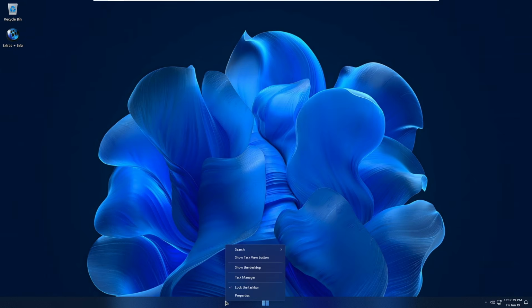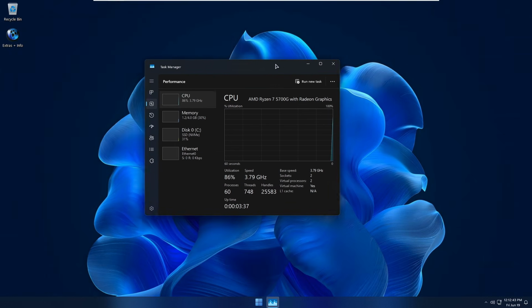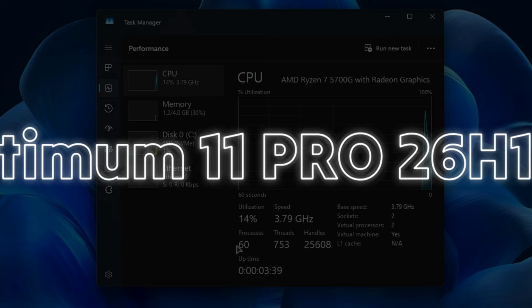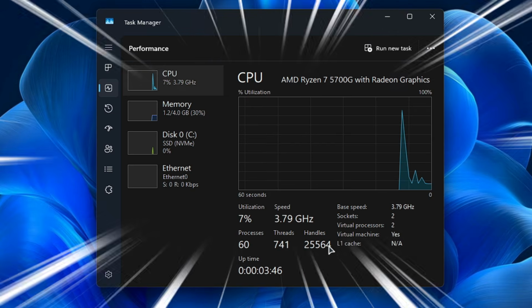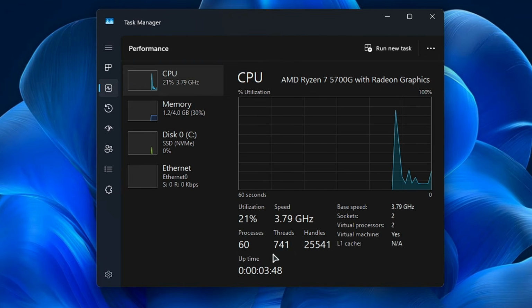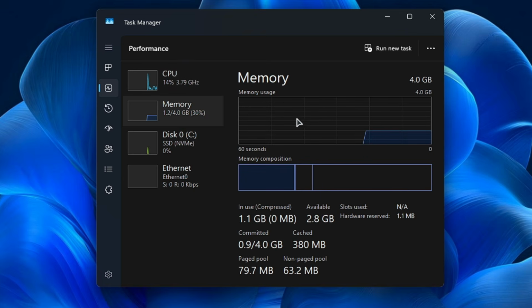Alright, so imagine getting the speed of a high-end gaming PC on your old or low-end computer. And today in this video, I will show you Windows Optimum 11 26H1 Pro version 2, one of the fastest and most optimized Windows 11 builds designed specifically for the low-end PC user. So if you are tired of lagging, high RAM usage and slow boot time, this lightweight Windows might completely transform